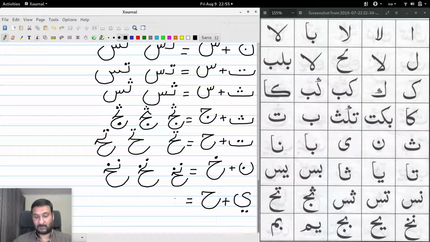So ya has this form, right, and we just join ha with it. This is one way. I can also write it this way, like so, almost the same but a bit neat. And then there is this way,